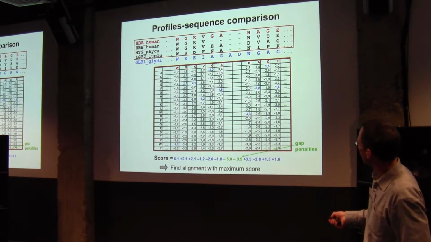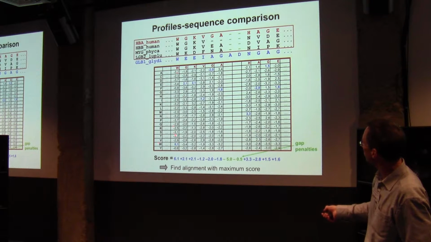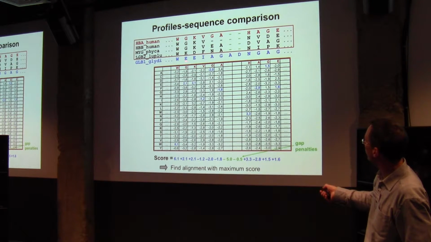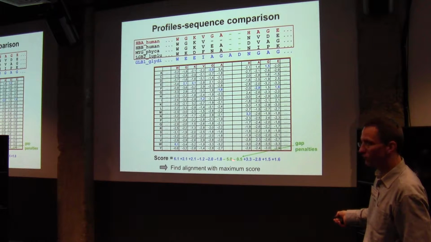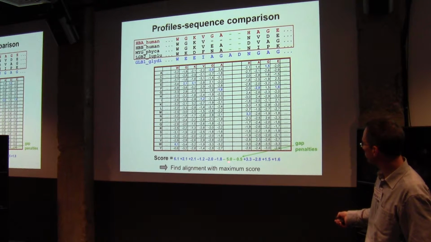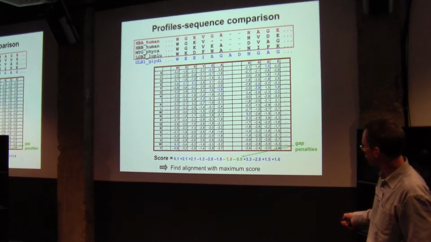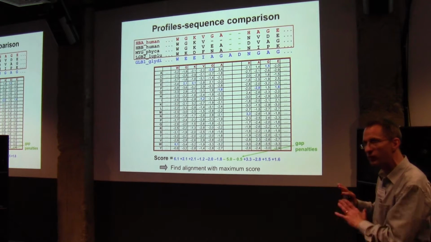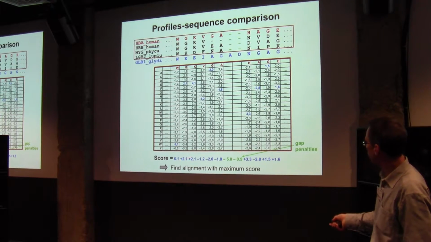So the score would then just be calculated. For example, the score for the sequence W, E, I, and so on, A, D, and so on, would just be 6.1 for the W at this position, plus 2.1, plus 2.1 for the next one, minus 1.2, and so on. And at this position, for the sequence profile, you would just use a gap opening penalty, which is always 5.0, minus a gap extension penalty, which is always the same. I mean, in this case, I used 5.0 and 1.5, but it's always the same for the same scoring scheme. And so this sum would be the total score.